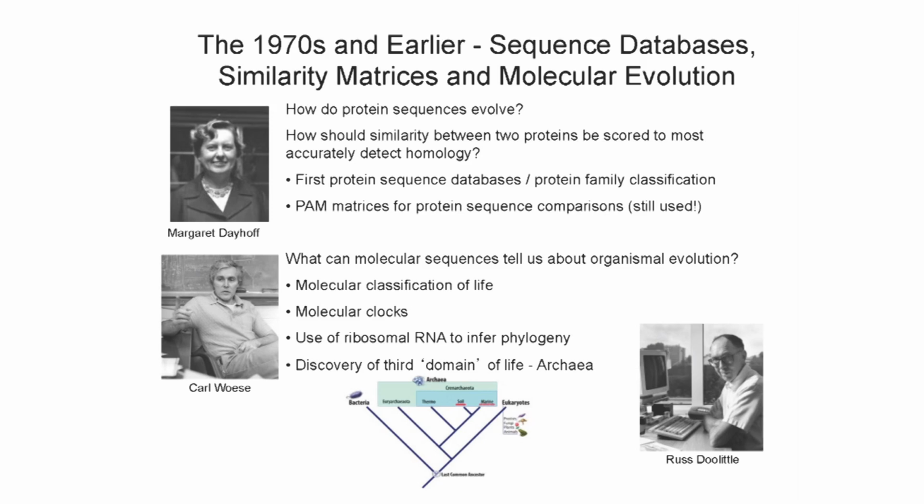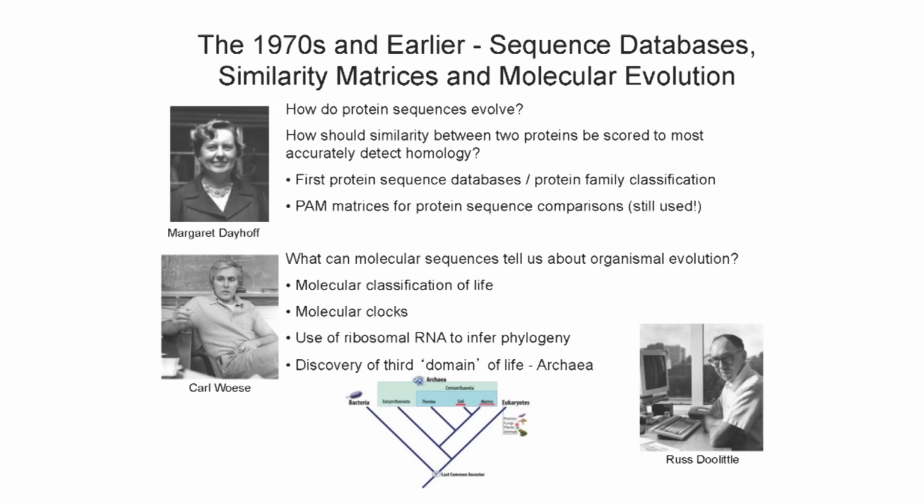We'll discuss those matrices early next week. In terms of asking evolutionary questions, two big thinkers were Russ Doolittle and Carl Woese, analyzing ribosomal RNA sequences to study evolution. Carl Woese realized, looking at these rRNA alignments, that the big split between prokaryotes and eukaryotes was sort of a false split, that there was a subgroup of single-celled anuclear organisms that were closer to the eukaryotes, and named them the archaea. So a whole kingdom of life was recognized really by sequence analysis.